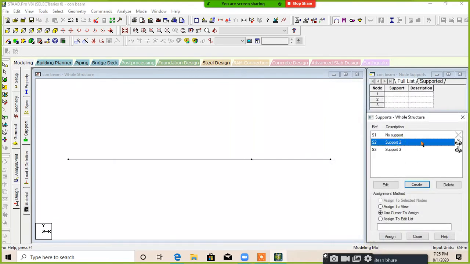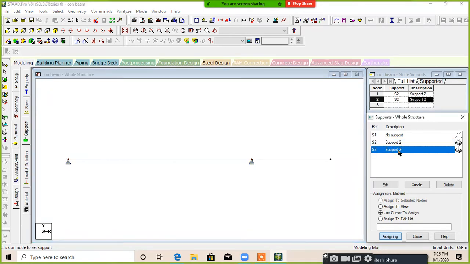I am taking the method as use cursor to assign. Click on assign, then click on the node where I want to assign the pin support. Select the third support as support 3, which is fixed support, and assign it. We have assigned the first one as pin support, the second as pin support, and the third one as fixed support.